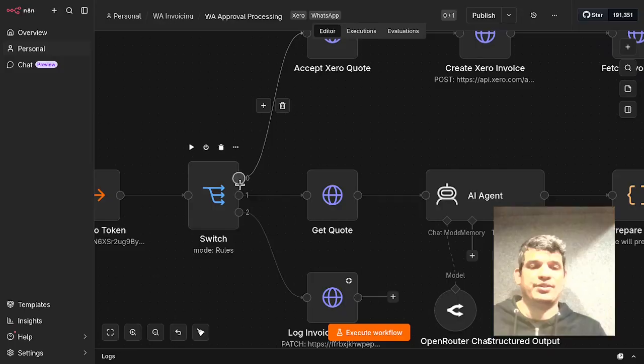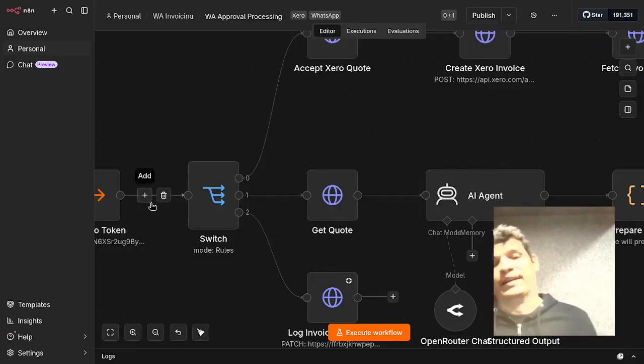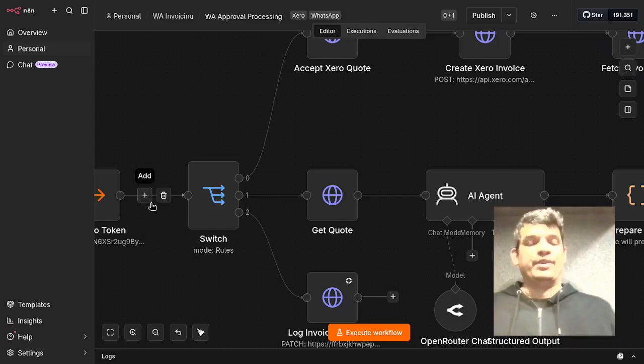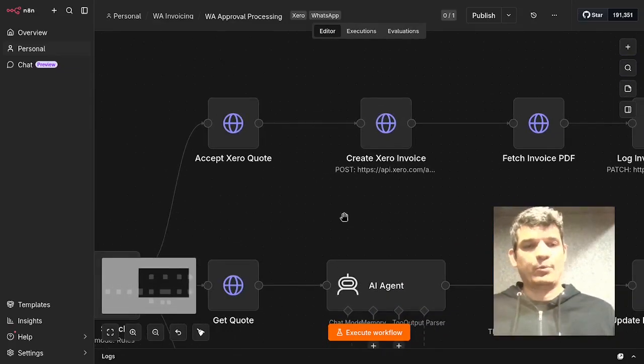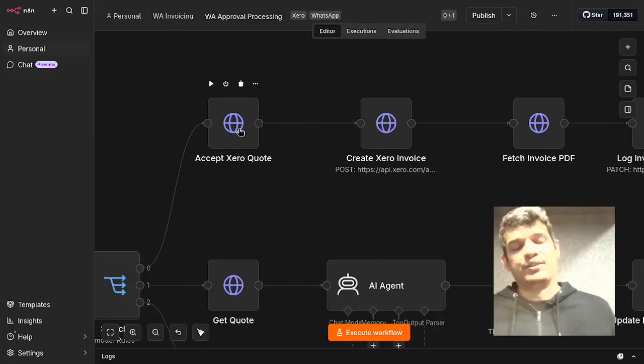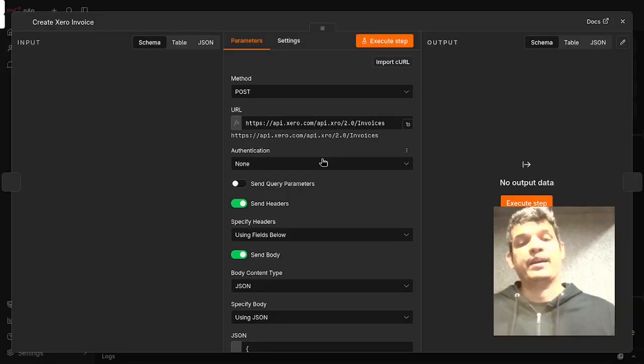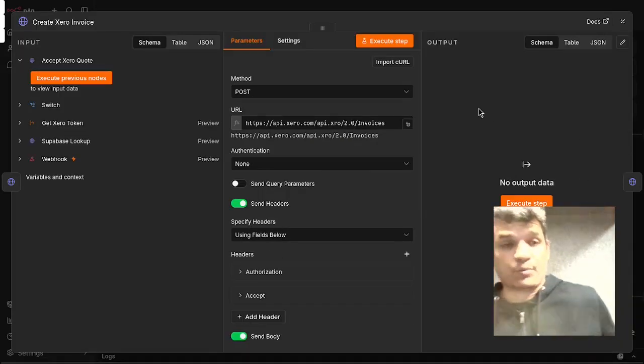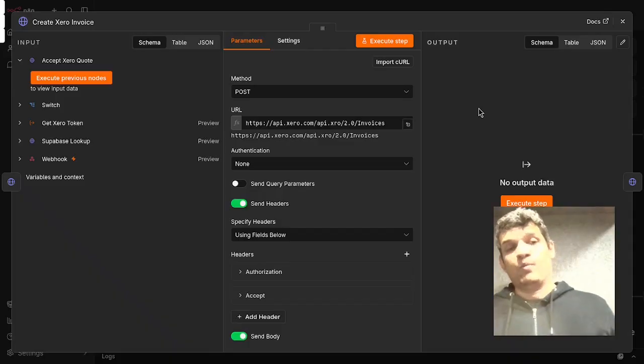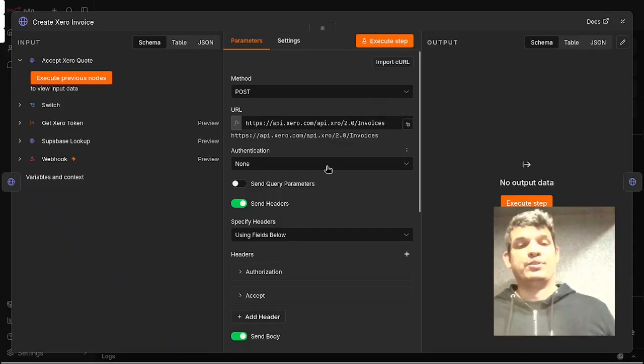The Xero branch is for when the order was approved. If the quote gets generated and management approves it, then it's pretty straightforward. We call the Xero API to accept the quote, and then we call the Xero API to actually generate an invoice. What we had created previously was a quote, and now we're going to create an invoice. So we're going to call a slightly different URL,